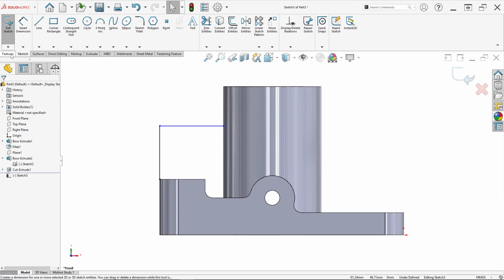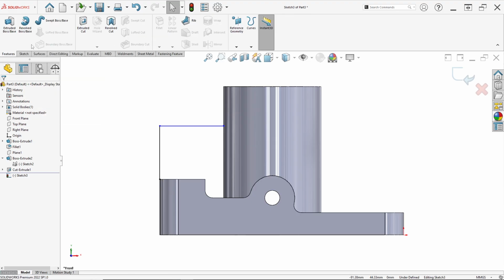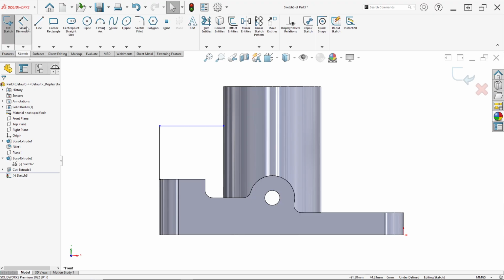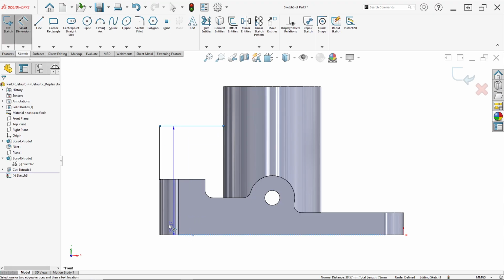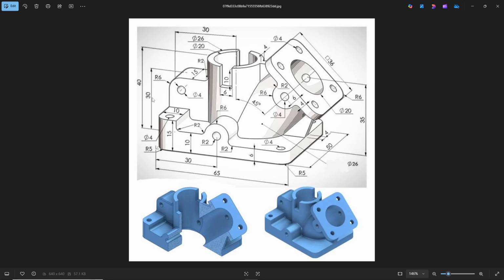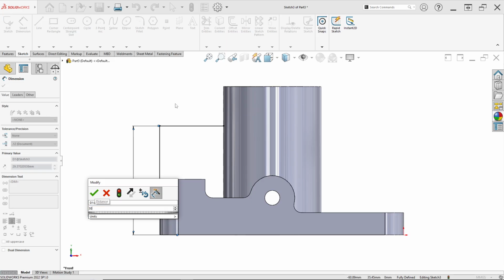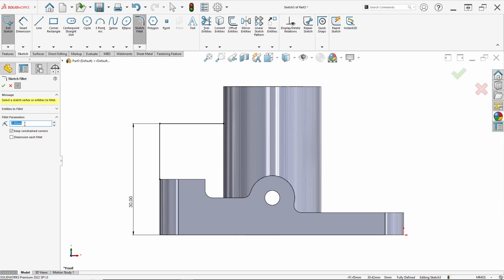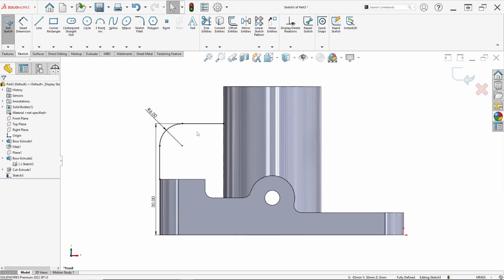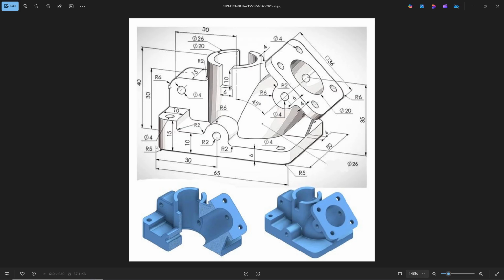Before that, ensure the dimension: this line to the bottom edge is 30 millimeter. Click sketch fillet with a radius of 6 millimeter, click here and click OK, because here there is a radius of 6 millimeter.